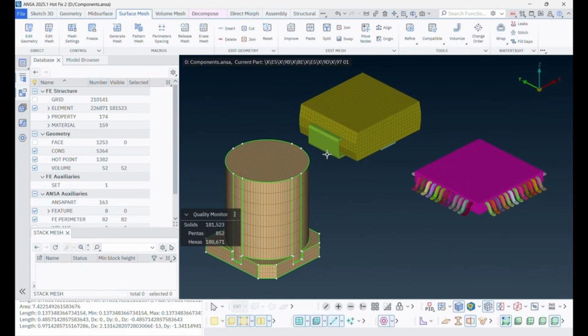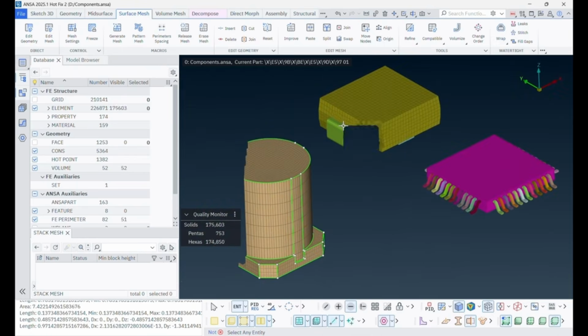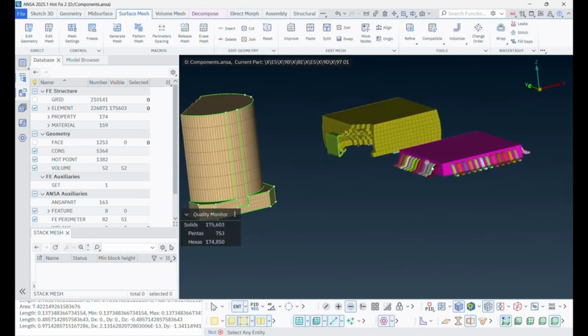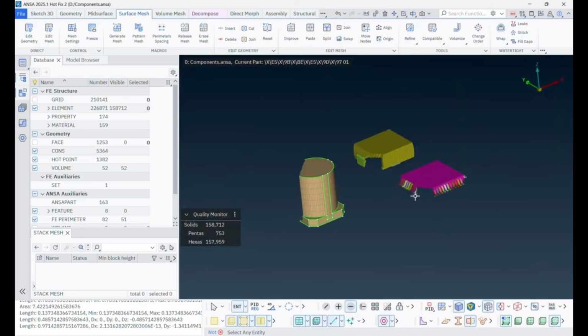Finally, to summarize, although the focus differs across these three cases, the core workflow is consistent. First, perform geometry cleanup and simplify unnecessary features. Small features such as logos, which contribute little to analysis or mesh control, should be removed or simplified early to lay a more stable foundation for meshing.